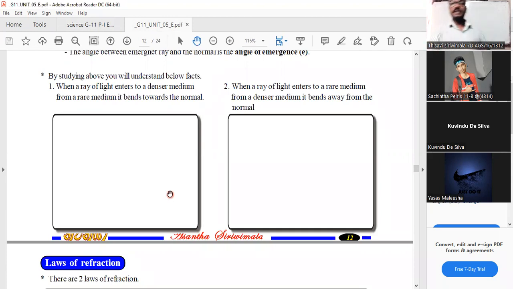It says by studying the above you will understand the facts below. These go along with the earlier diagram. When a ray of light enters a denser medium from a rare medium